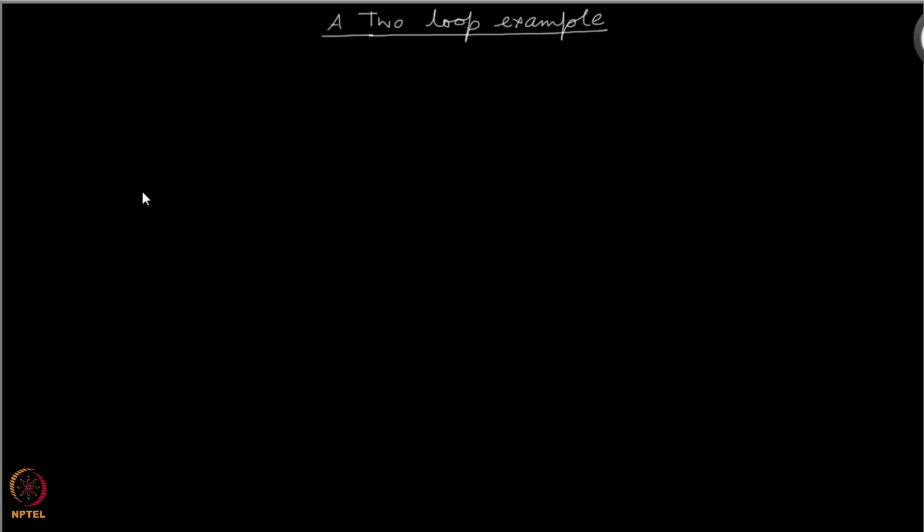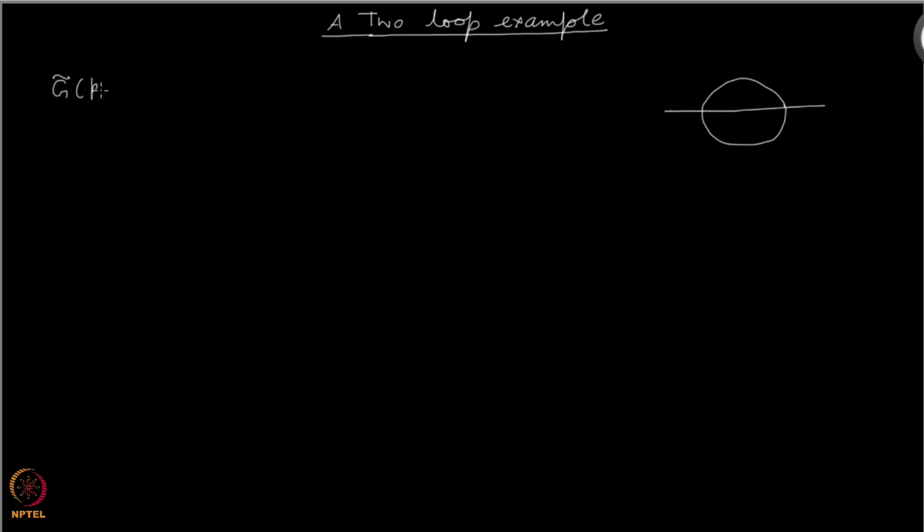Okay, I'll give you a 2-loop example now. I had given it as an exercise, but I think it will be good to have one example at least. So let's look at this Feynman diagram. This is again in phi-4 theory. So what we are looking at is